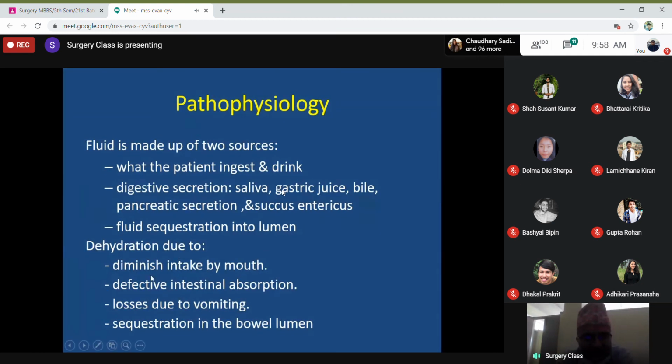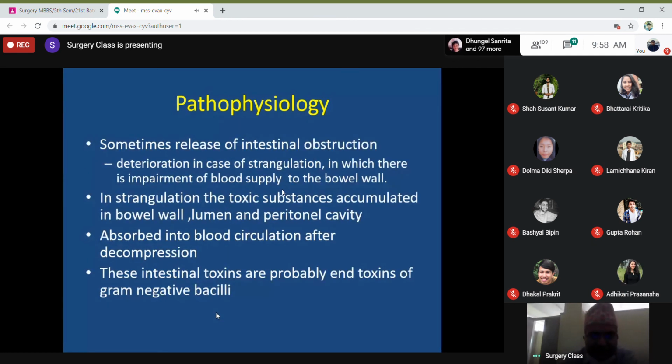And there is dehydration. This is the very important physiological consequence of obstruction. Dehydration leads to further electrolyte and metabolic imbalance, and the life-threatening consequences of bowel obstruction are somehow related to severe dehydration. This occurs because of decreased intake. As you can understand, the oral intake is decreased, the intestinal absorption is decreased, then there is excessive vomiting, and there is loss from the blood into the lumen. Then this is another important